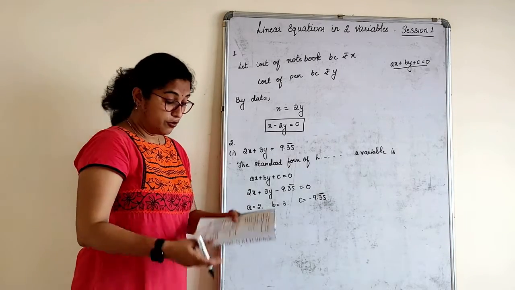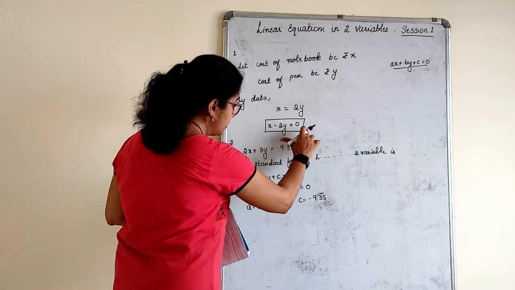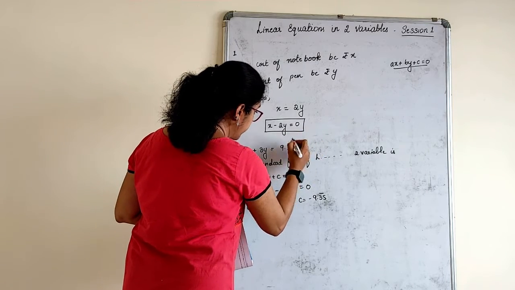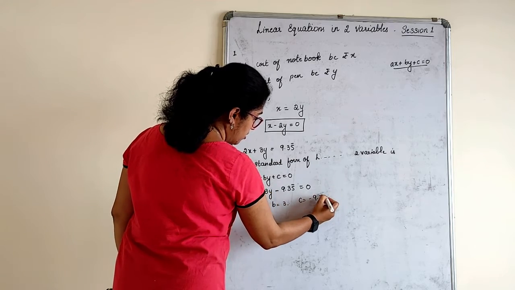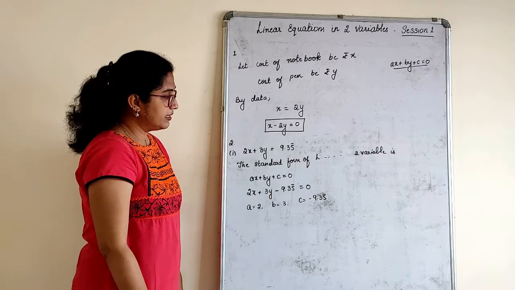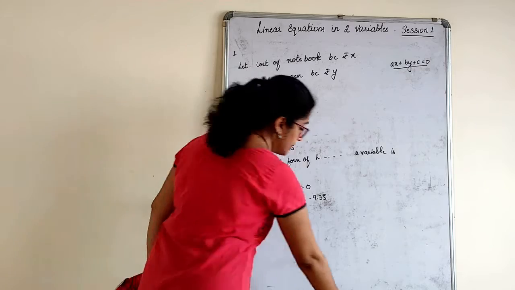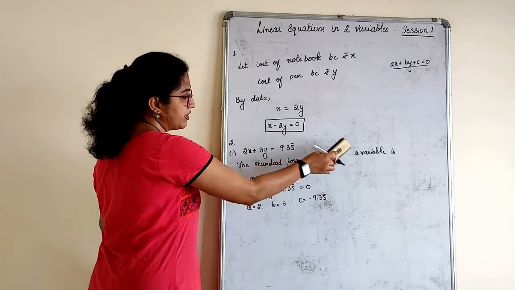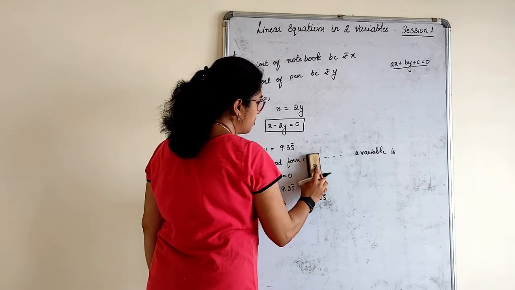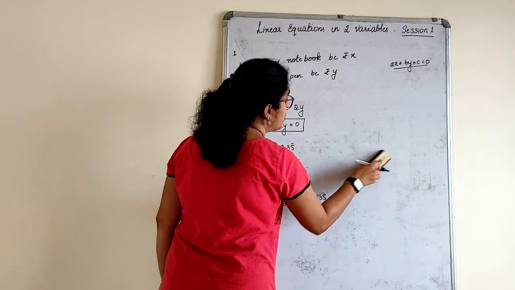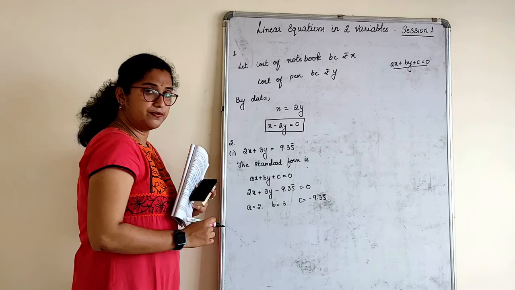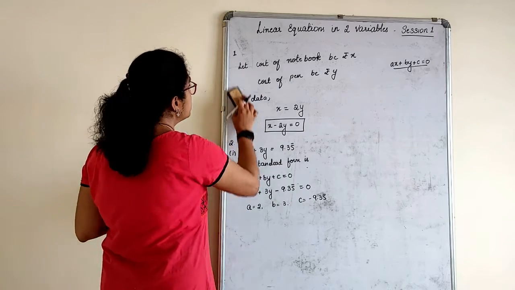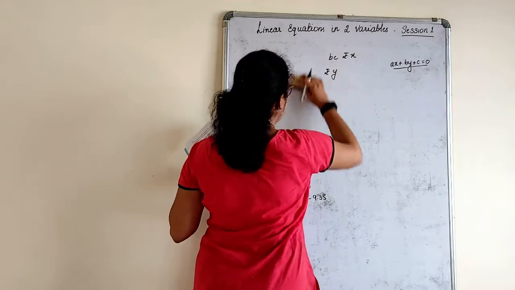So this is how you have to write. Once again, the bar is only on 5, so let's make the correction. Okay, fine. So this is how you have to represent it. You need not write the whole statement. The standard form you can write if you want, and if you want to skip the whole thing, the standard form is enough. That's better. So like this, we'll start with the remaining sums quickly.